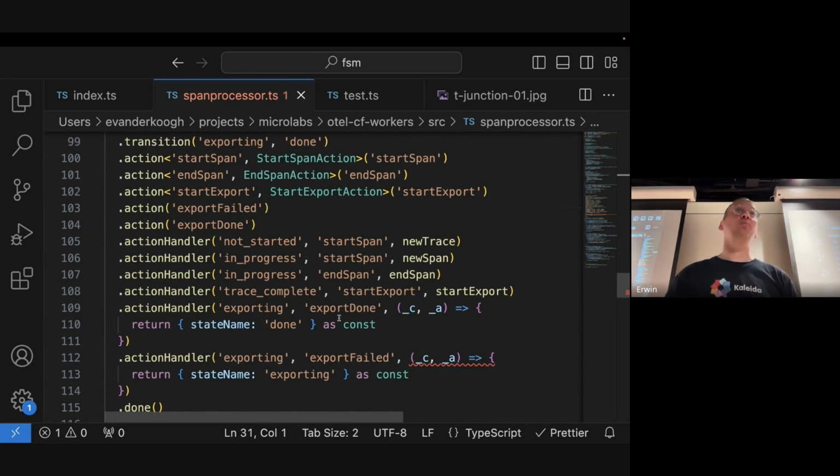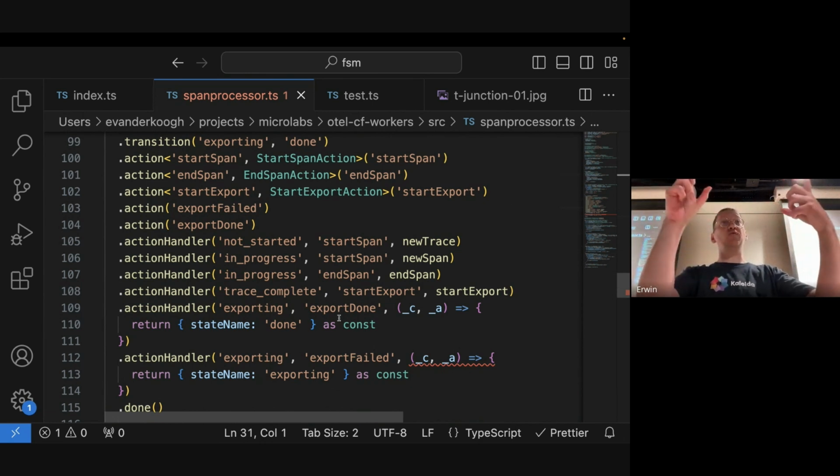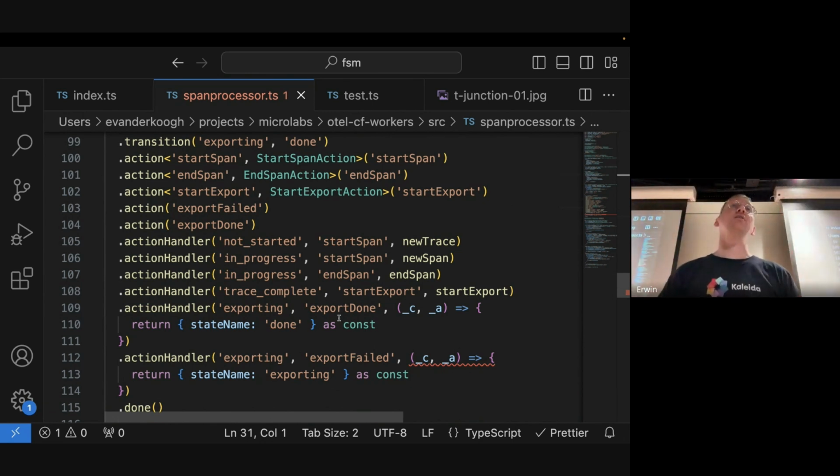There's a cool startup, the people behind it, Stately AI, and they give you an editor where you visually make your state diagrams that you can then basically say, give me the XState that you can then run. Something like that where you can actually visualize what's in the system. Yes, but what